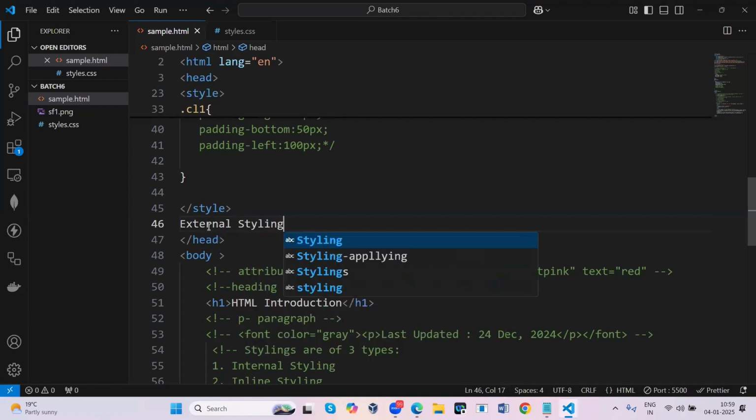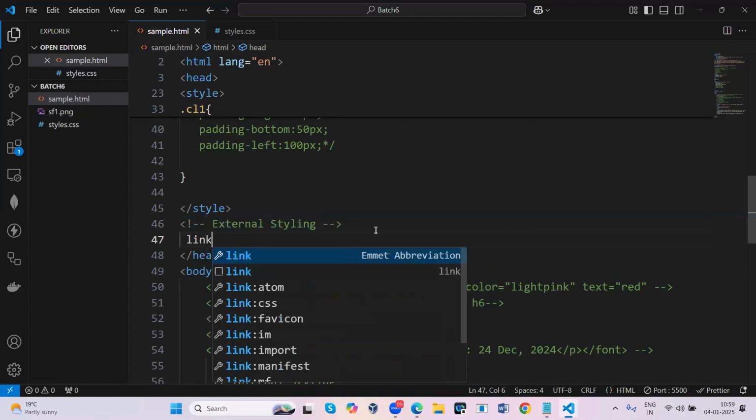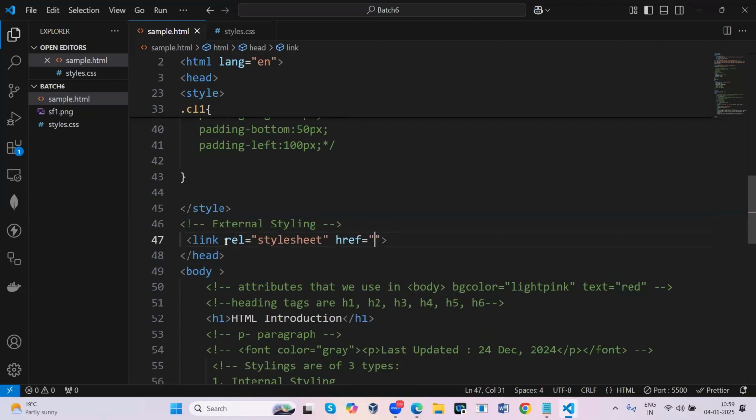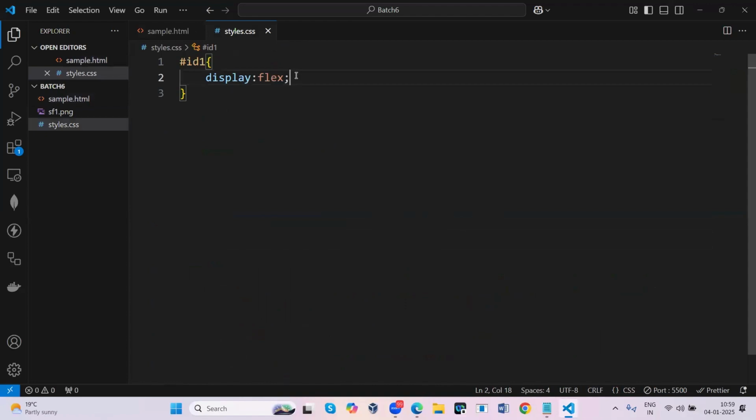To link the external styling file, we use a tag called link tag and simply press the tab. Automatically the relationship it gives here is stylesheet, and here you have to give the file name, styles.css, the file name you created. Now it is going to link for us. Still you are not seeing the effect. Whenever you are using the display flex property, there are two more things that must be used here.